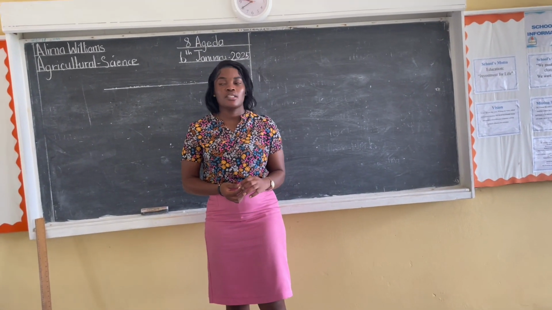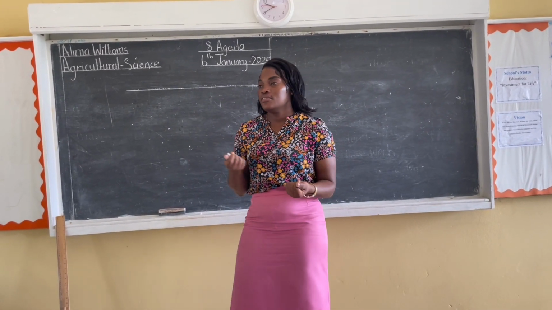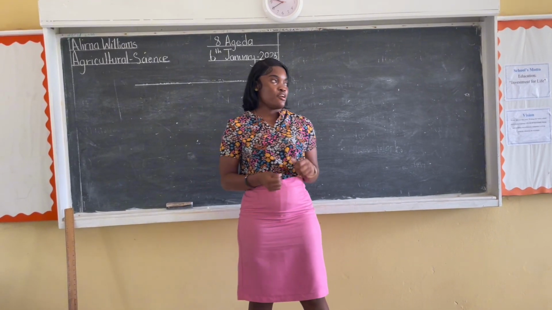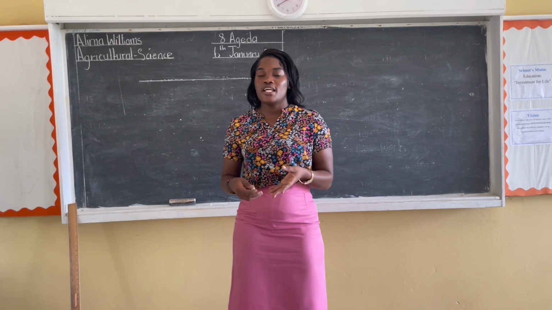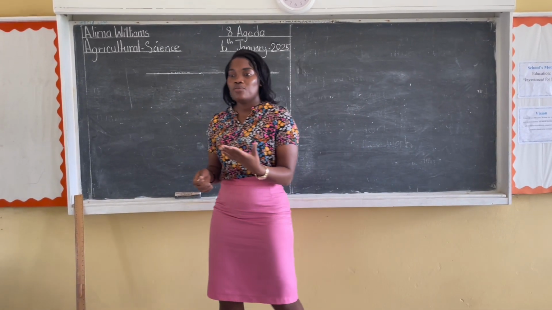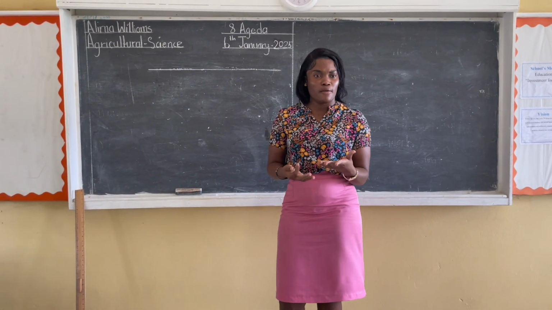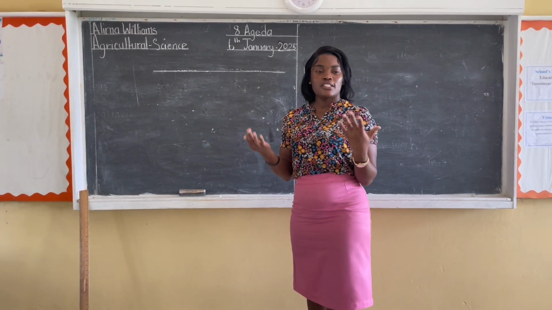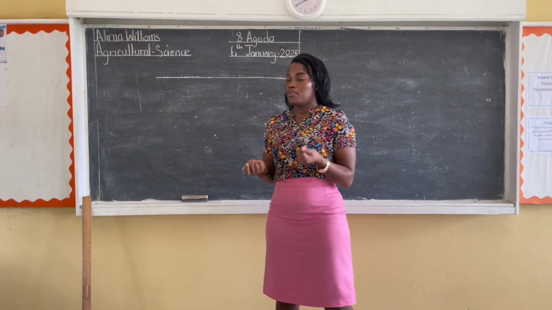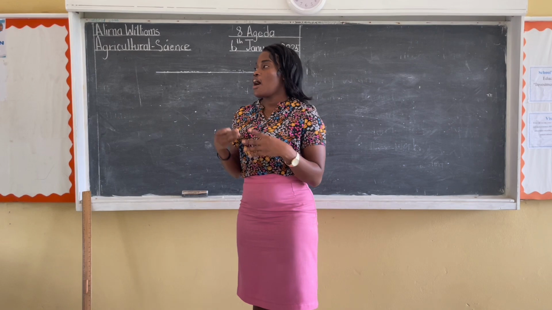Yes, we saw persons in the field and they're cutting. But do we say cutting or do we use the word harvesting? Very good. Persons were in the field and they were harvesting crops. And on the other hand, we saw people using machinery. So what can we say? These are all types of harvesting. But a better word to use, we can say these are all methods of harvesting.